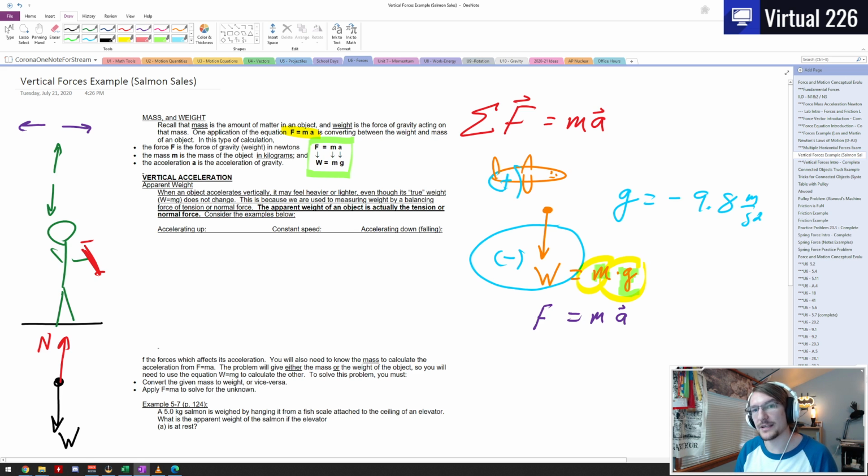What if you're in something like an elevator? So what if you're in an elevator here, and the elevator starts to accelerate upwards? Well, you may have experienced this sensation before. If you've ever been in an elevator, which odds are you probably have,